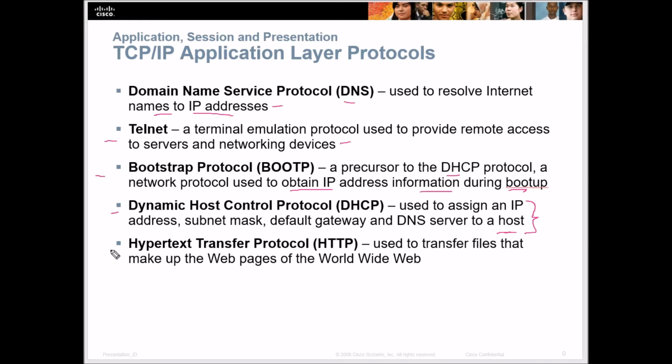And another protocol that we have is HTTP, which you're probably most familiar with and don't even realize that you're using it when you go into a web browser, but you're using the Hypertext Transfer Protocol. That's to transfer files that make up web pages on the World Wide Web. So the web is not the internet. The internet is all of this exchange of ones and zeros, or exchange of information, and the web, or HTTP, is just a part of that.